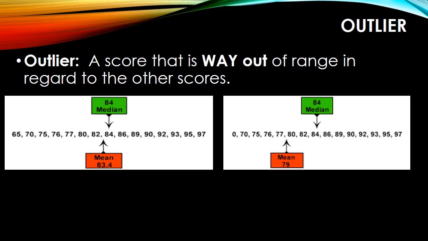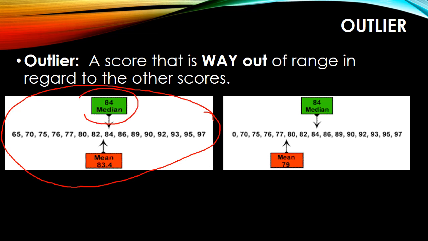So here we have an example of a data set that has values between 65 and 97, and if you look at these values, you'll find out that they're very close to each other. You cannot call any of these values odd or way out of the range of these values. And when we calculated the median and the mean of this data set,